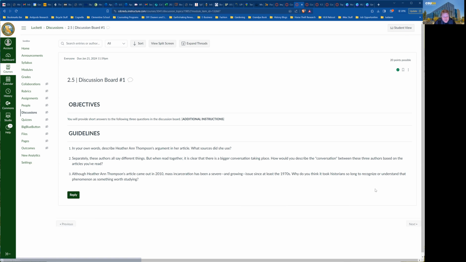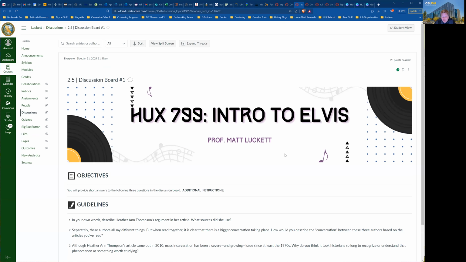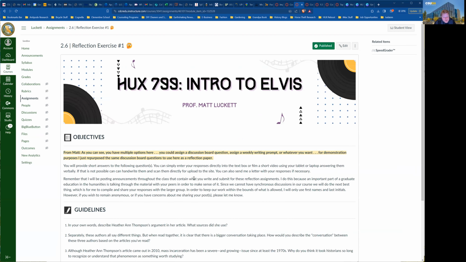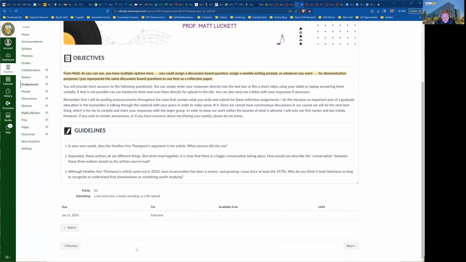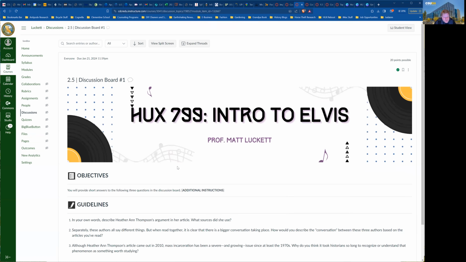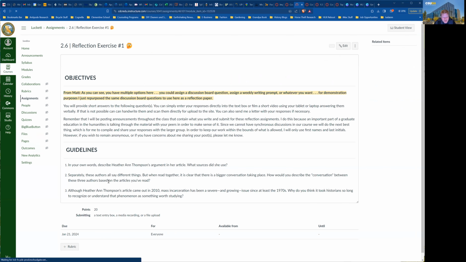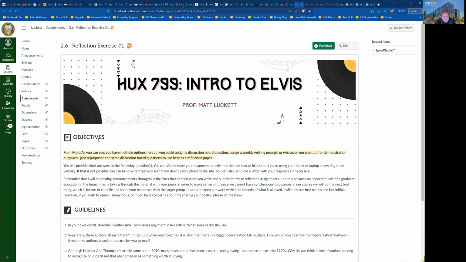And then we get to the assignment portion. So I have both the discussion board here and the reflection exercise. So the discussion board is literally that. It's a discussion board. Students answer questions, they respond to one another. You can create whatever design parameters you want to for your discussion boards. Obviously, ask whatever questions you want to, score it however you want to, have whatever kind of rubric that you want to. It's completely up to you, but I have the exact same questions here just for demonstration purposes